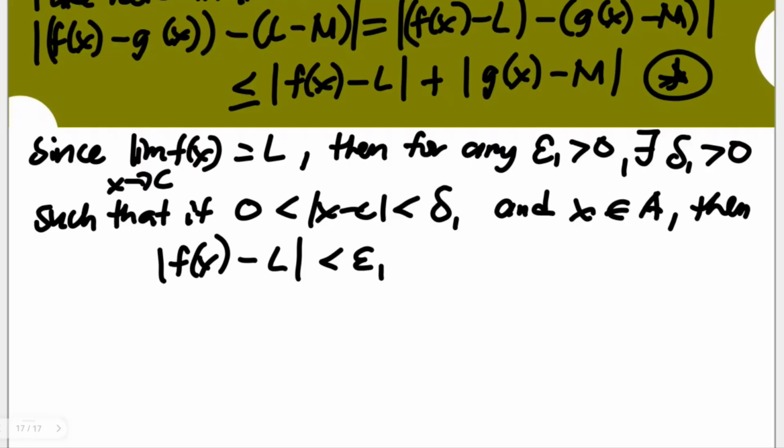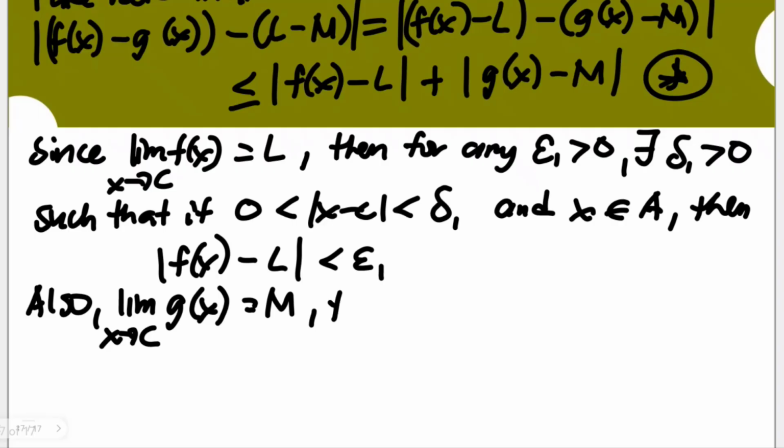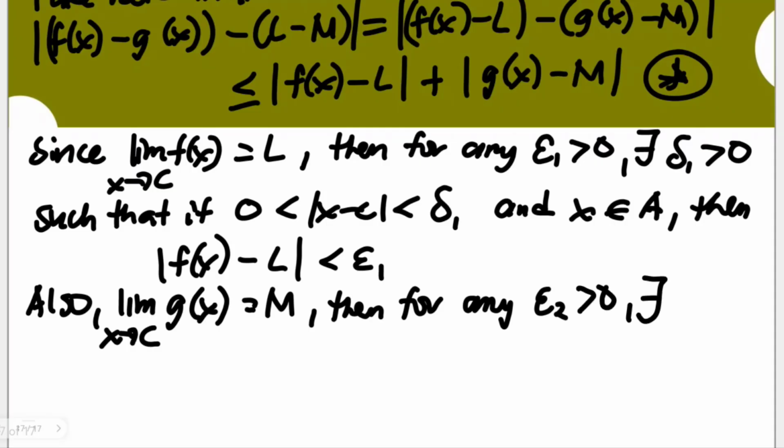Now, look into this. This is already presented here. So we're almost there. What we just need to do is the other one. Also, the limit of g of x as x approaches c is equal to m. Then, for any, let's say, epsilon sub 2 greater than 0, there exists delta sub 2 greater than 0, such that